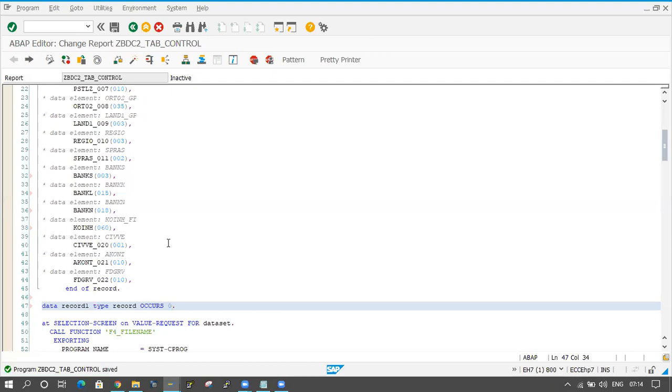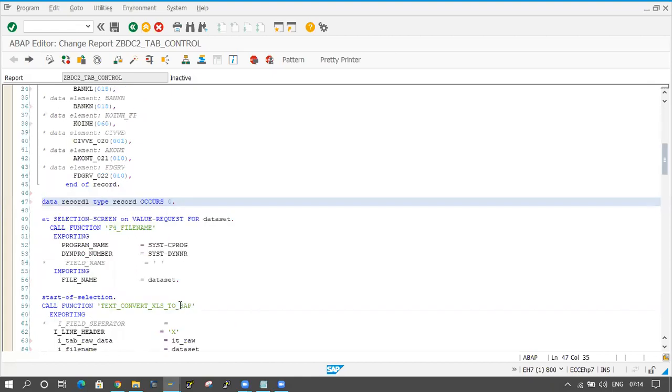The first one is the record, automatically it is coming here, and the second one is record one. How am I declaring it? Data record one type record. I already declared one internal table, right? So by using the same internal table, I am declaring one more internal table, and occurs 0 I am taking here. Record one is also an internal table, and both names are the same here.